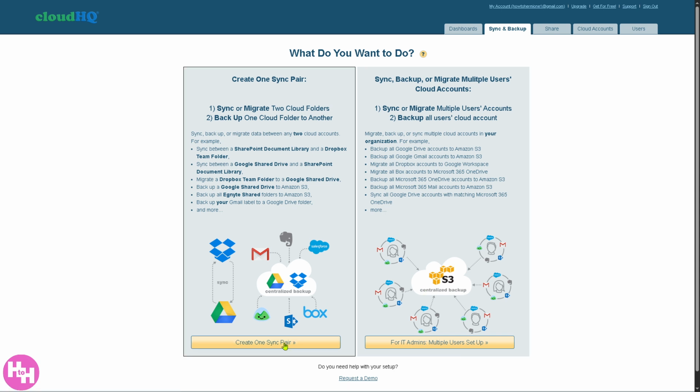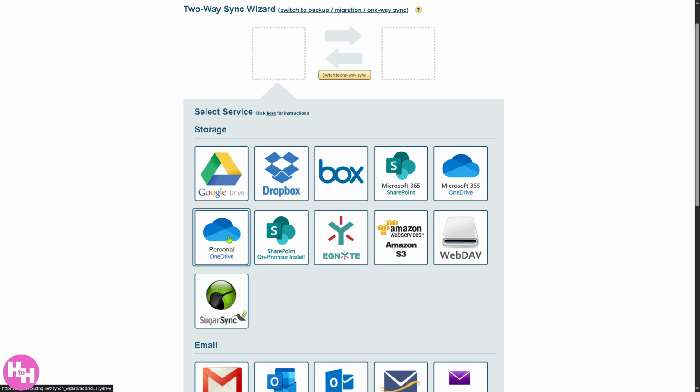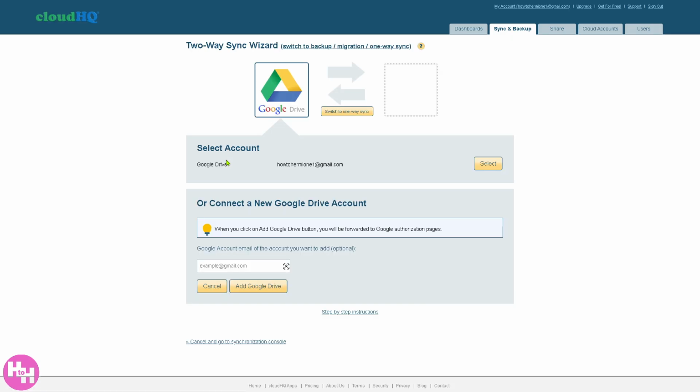All right. So we're going to create one sync pair. If you do click this button, you will be forwarded here. Now you have two-way sync wizard, switch to backup, migration, one-way sync. All right. For example, I'm going to be choosing a storage for this Google Drive. I'm gonna click on it. All right, so I want to select this,